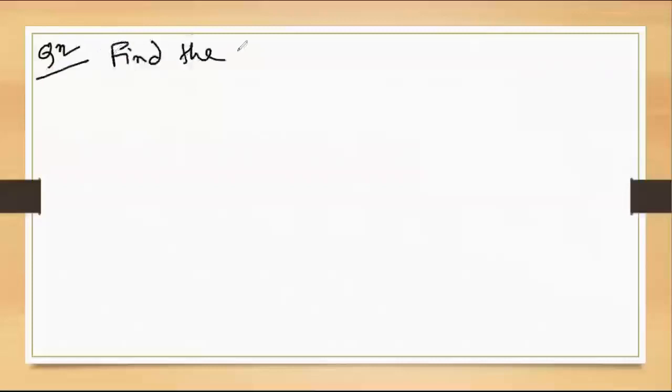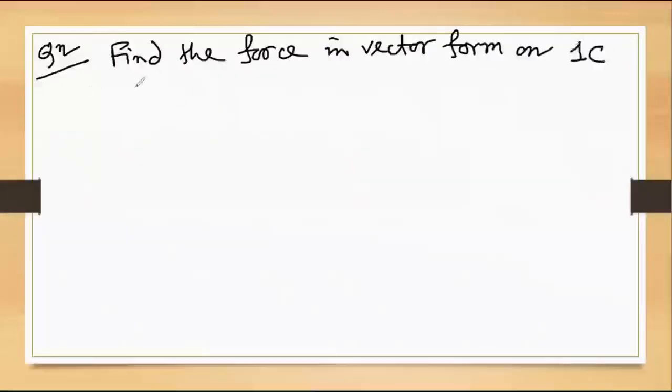Find the force in vector form on a 1 Coulomb charge at (1, 1, 1). So this is the position coordinate, from that you can easily calculate the position vector also, in meters,